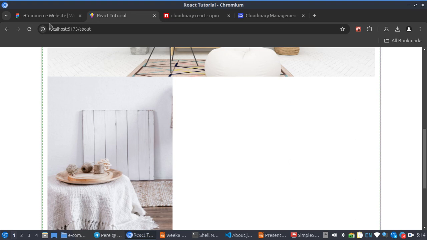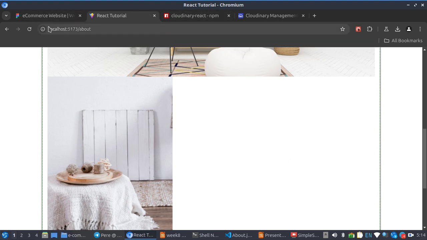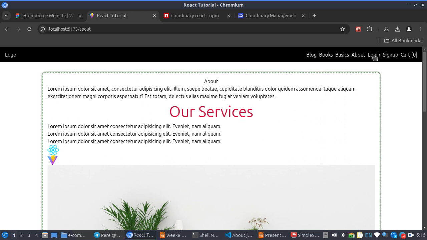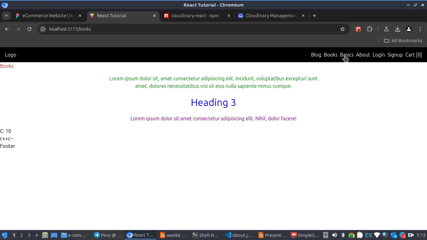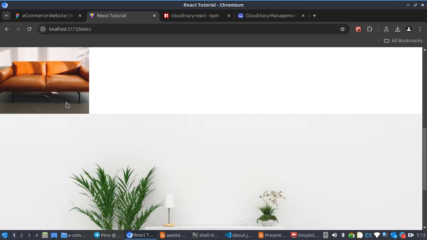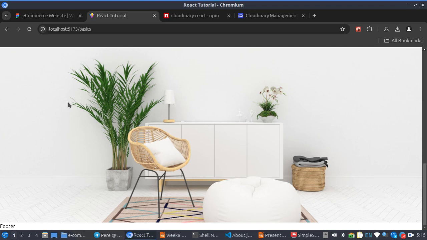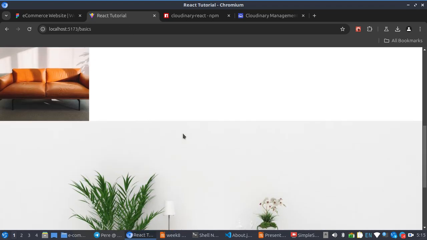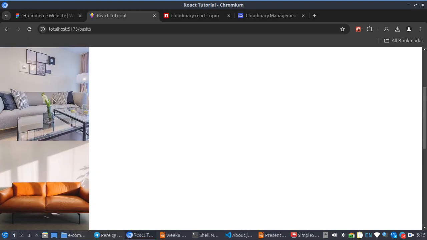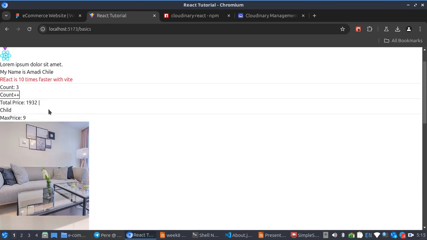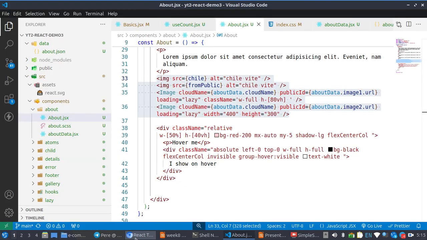Okay, so this is how we add our image from the Cloudinary in a more optimized form. Of course, from our yesterday's class, if you want this to actually be full screen, in case you don't want it like this, what you need to do, you can use